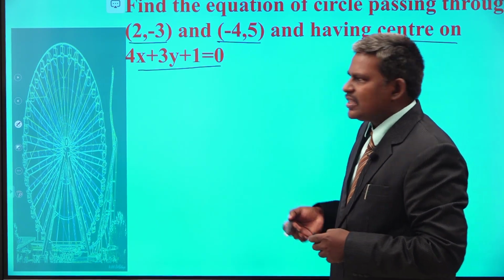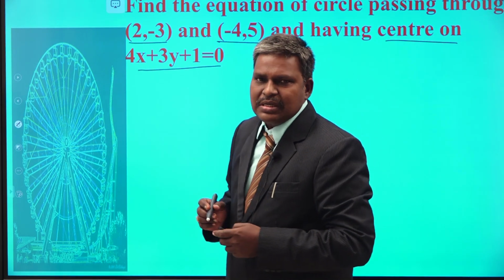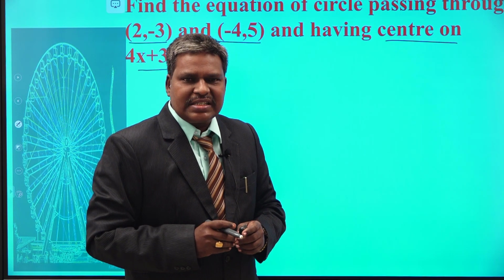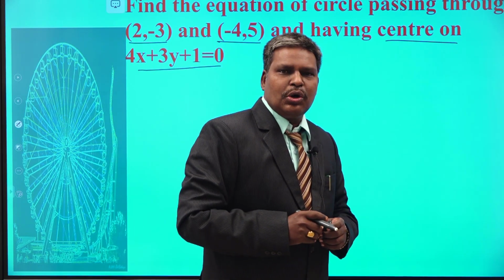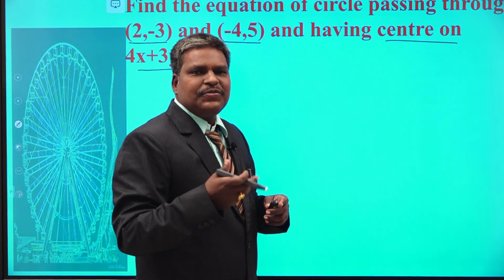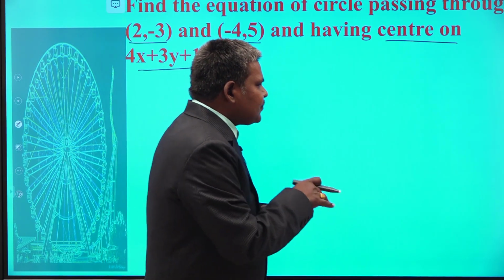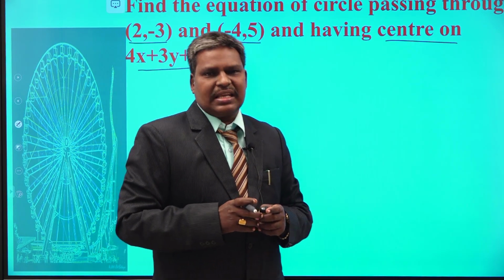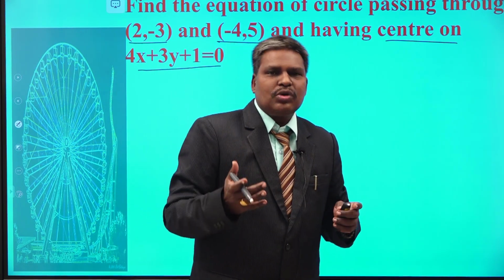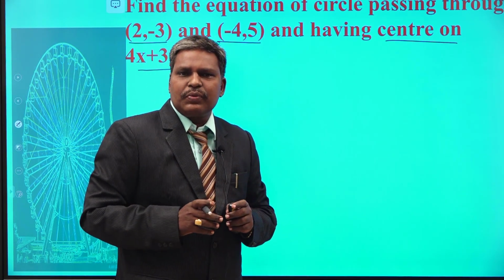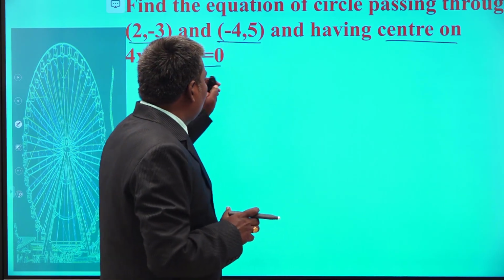You are going to find the equation of the circle. You have many methods for this type of problem, but the best method is to choose the equation of the required circle as S equal to 0, apply the conditions to that equation and obtain the f, g, c values, then substitute the f, g, c values in the equation to obtain the required equation of the circle. That is the idea. The best method is to choose S equal to 0 as the required equation of the circle. Now, how to proceed?